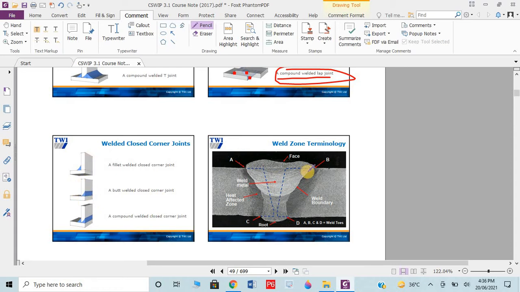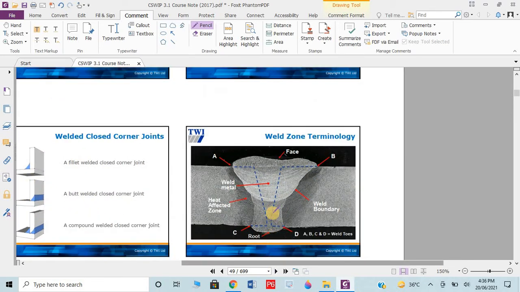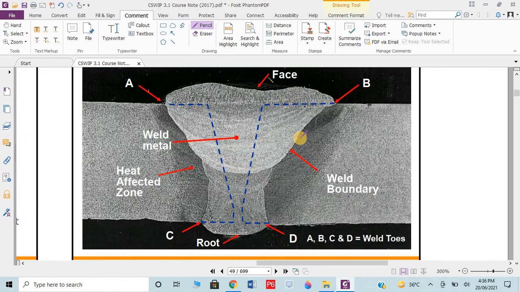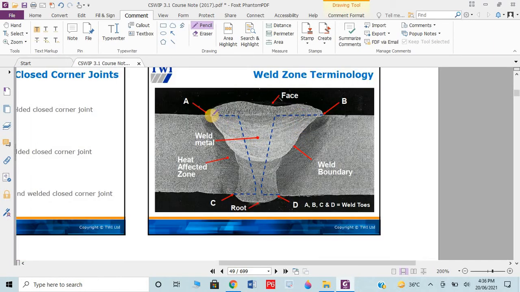Okay, same. Now these are welding terminologies in butt welding, which we already elaborated. This actual picture you can see here. This is almost the area of welding. This is the weld metal. Whatever we have welded is known as weld metal. The actual area is this, where we need to weld as per our design. The top surface is called the face, weld face, and the bottom is called the root.